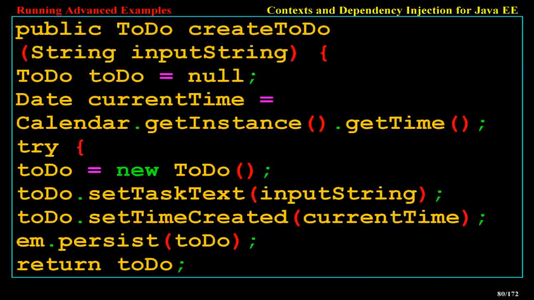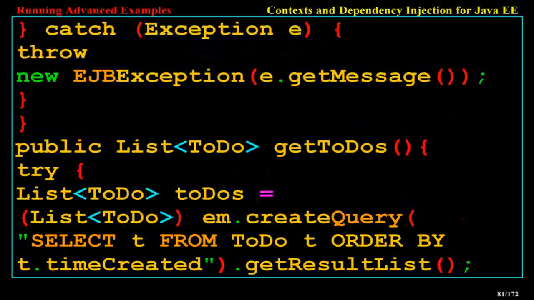public ToDo createToDo(String inputString) { ToDo toDo = null; Date currentTime = Calendar.getInstance().getTime(); try { toDo = new ToDo(); toDo.setTaskText(inputString); toDo.setTimeCreated(currentTime); em.persist(toDo); return toDo; } catch (Exception e) { throw new EJBException(e.getMessage()); }